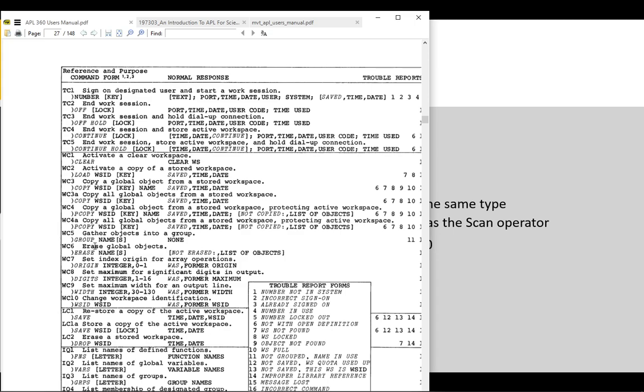Most of these will not really be relevant in a beginning episode like this, but some of them you will have seen if you have read the MVT for APL User's Manual. There's signing on with a right parenthesis and the user number, signing off. There's right paren clear for clearing a workspace. There's instructions for copying a workspace, erasing global objects,